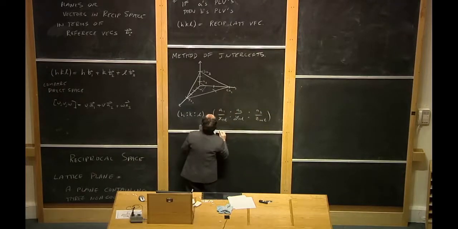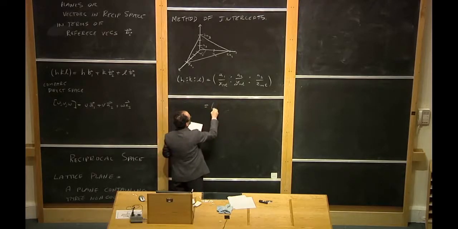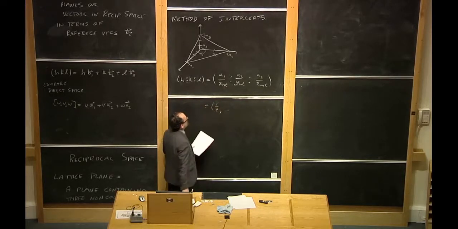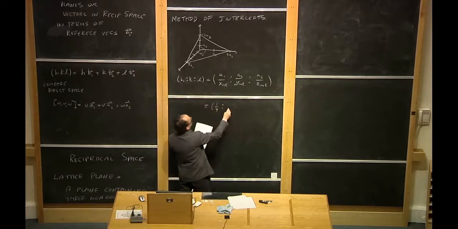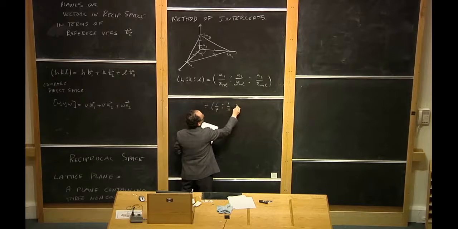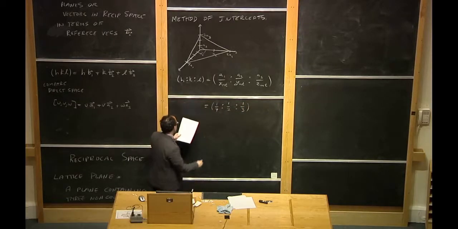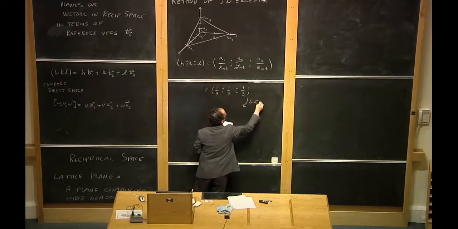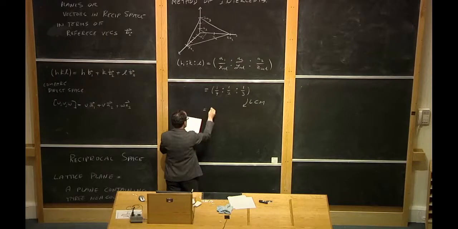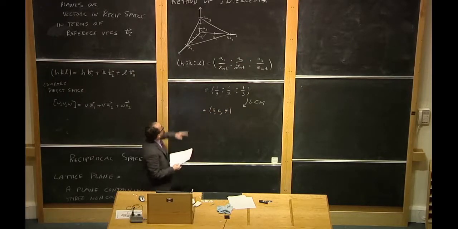So in this picture here, A1 over the x-intercept is 1 over 4. A2 over the y-intercept is 1 over 2. And A3 over the z-intercept is 1 over 3. So it should have the same ratios as this. If we multiply by the least common multiple, we get